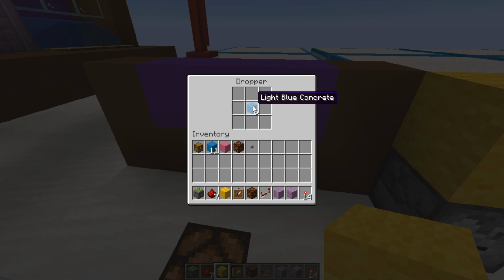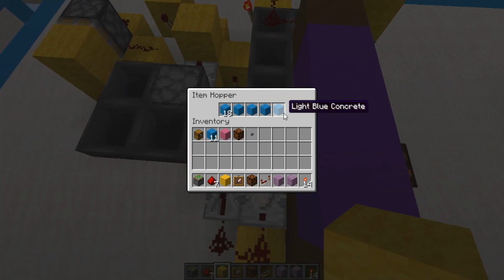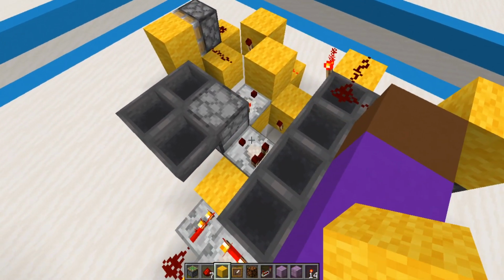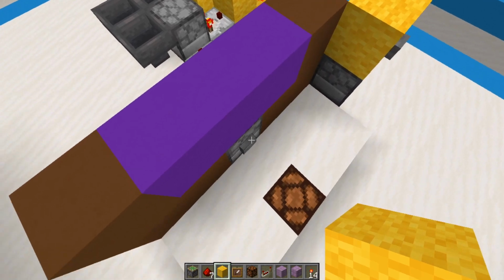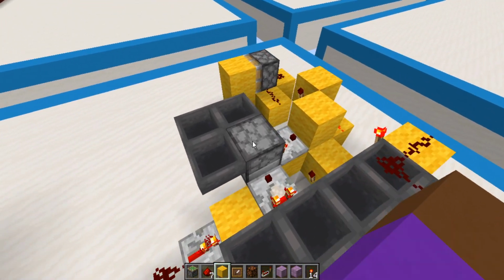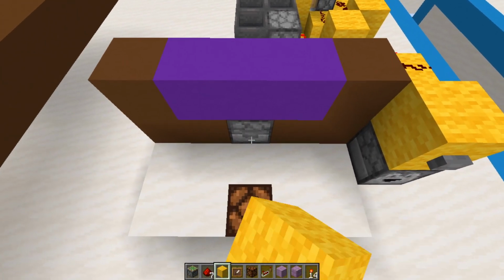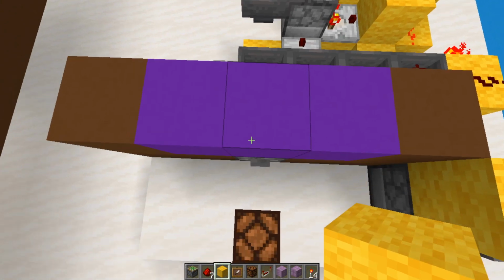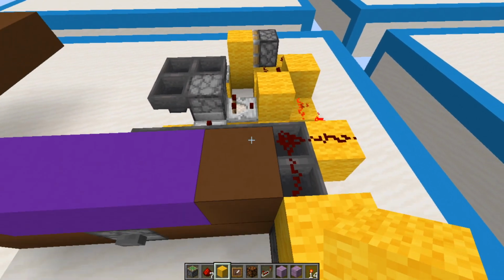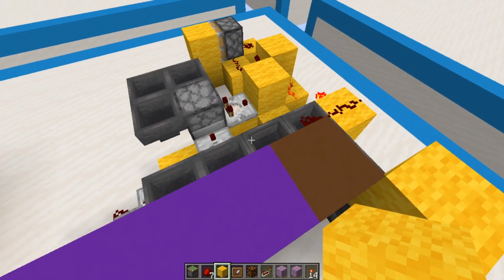So you may see in this dropper over here, I have light blue concrete, and my payment system is light blue concrete as well. So every single time a concrete goes through, you'll see that the comparator turns on, and that pretty much is sending an item from this dropper into that hopper over here, locking it, and when that gets to 5, or this dropper empties out, a whole bunch of redstone happens,